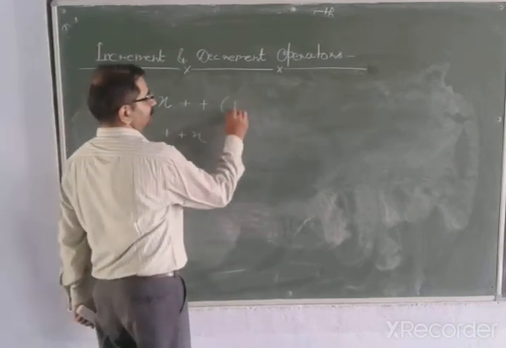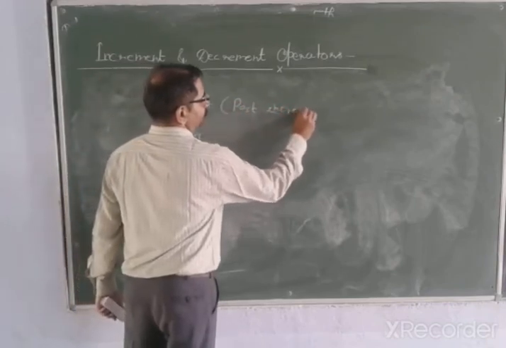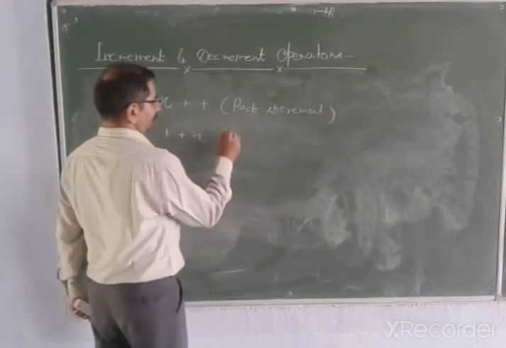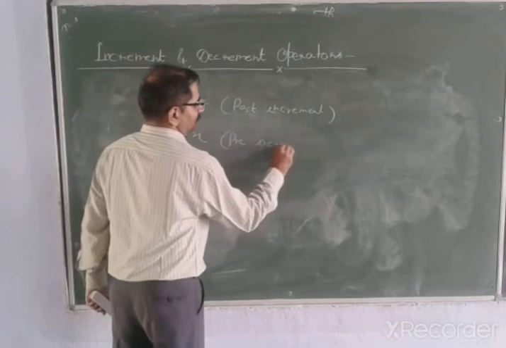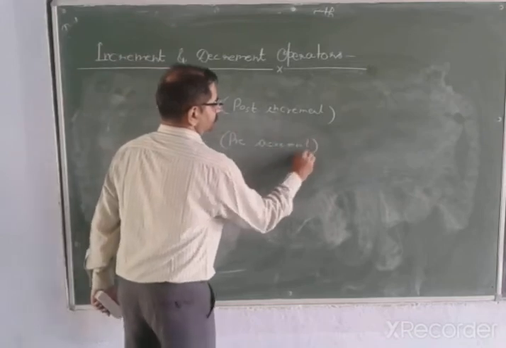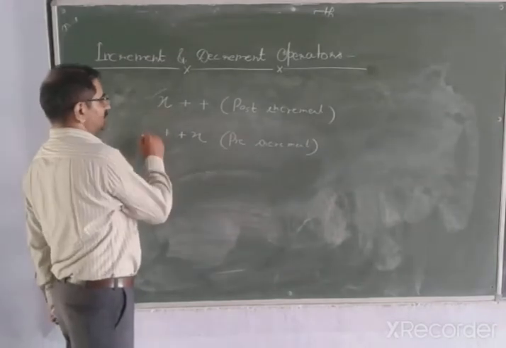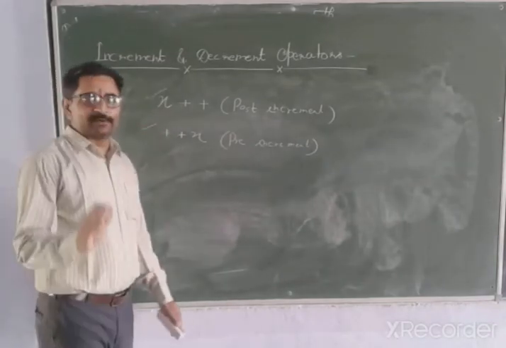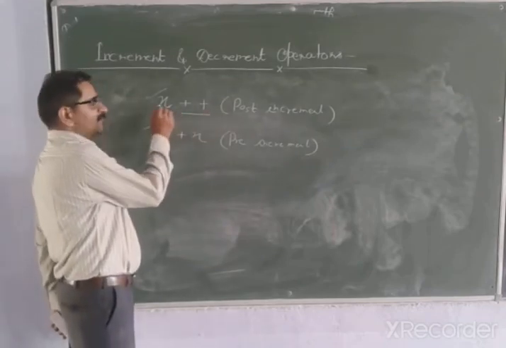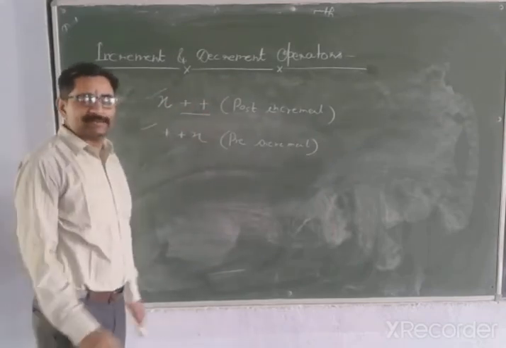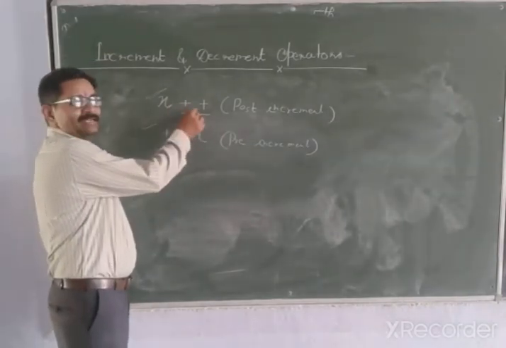This is post increment and this is pre increment. How can we say this is post increment, this is pre increment? Very simple. When the operator is placed after the operand,